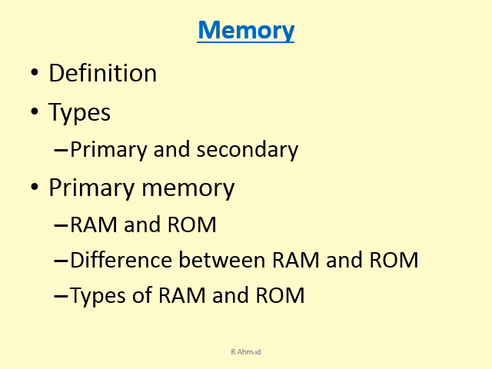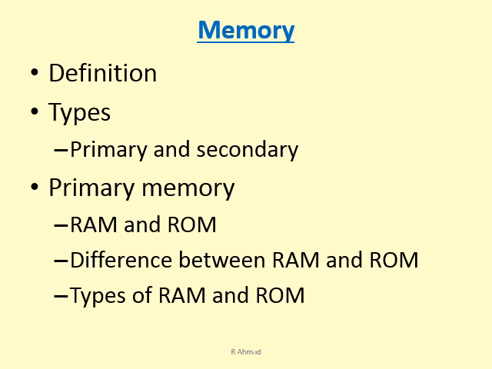Next we talked about memory. Memory is nothing but, you can say, a place where you store your data. This memory can be referred to as either primary memory or secondary memory. When I say primary memory, that means we are referring to a place inside the computer system where data is being stored. When I use the word secondary memory, that means you are storing your data somewhere outside the computer system, and you call those storage devices secondary memory or secondary storage devices, and many times they are also known as auxiliary devices.